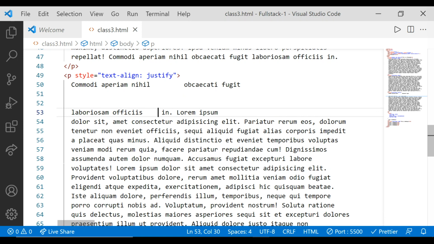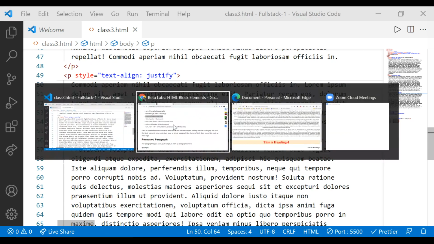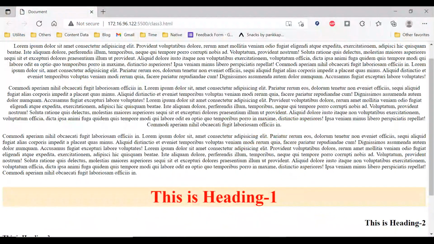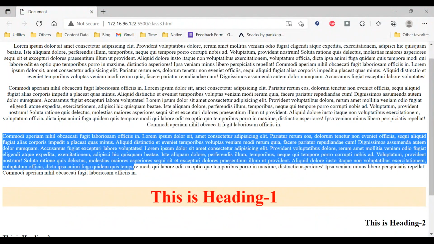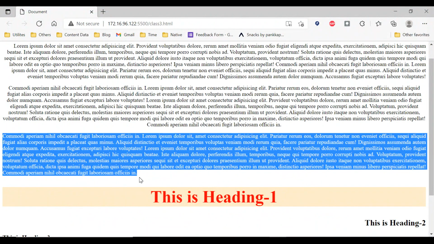As soon as I save it, VS Code will remove the extra space, see. And you can see the output. If we run the output, on this paragraph there are no tabs, no enter keys being visible. Okay, because HTML is white space insensitive, but still we need to add some space.